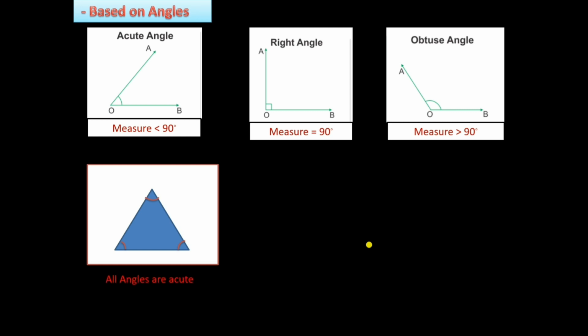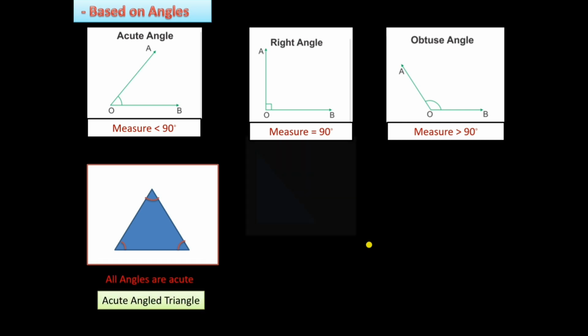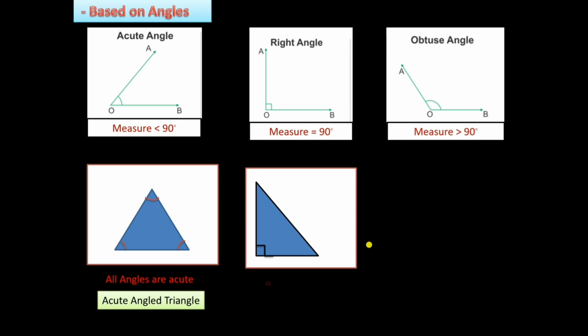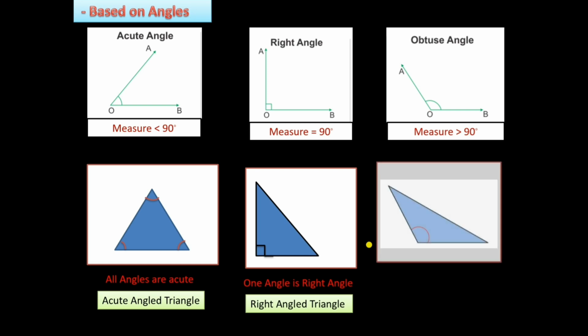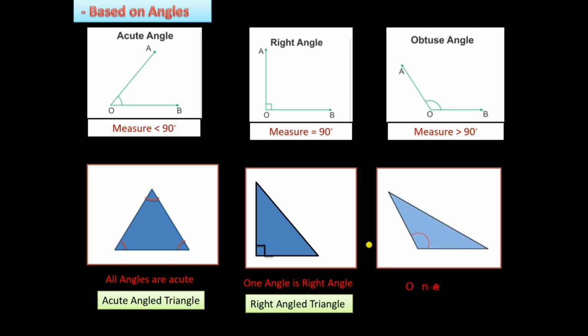Look at this triangle. All the angles inside are acute. Look at this triangle. The one made from the right angle is called a right angle triangle, and the one made from the obtuse angle is called an obtuse angle triangle. But observe, in each of our 3 triangles, the new angles that were formed when we closed the shape are all acute angles. So, triangles always have at least 2 acute angles, and it's the other angle that determines what type